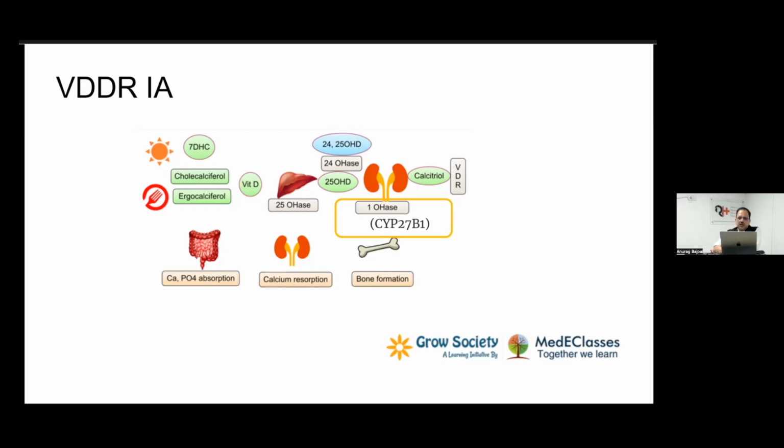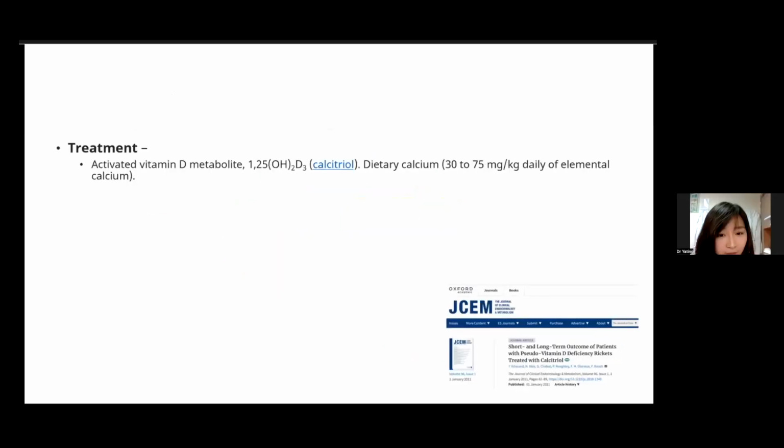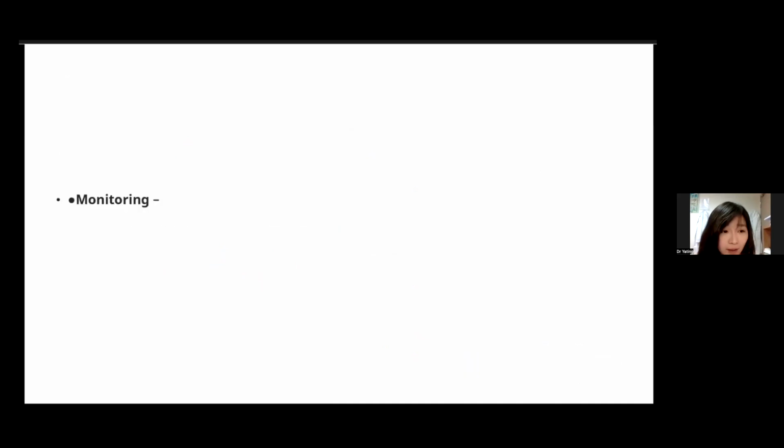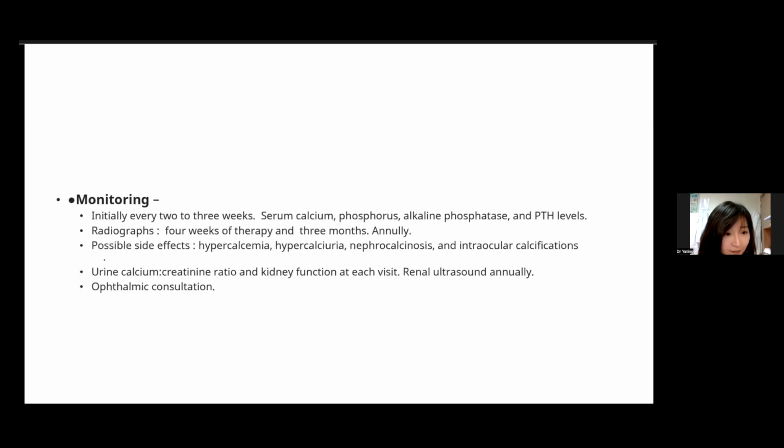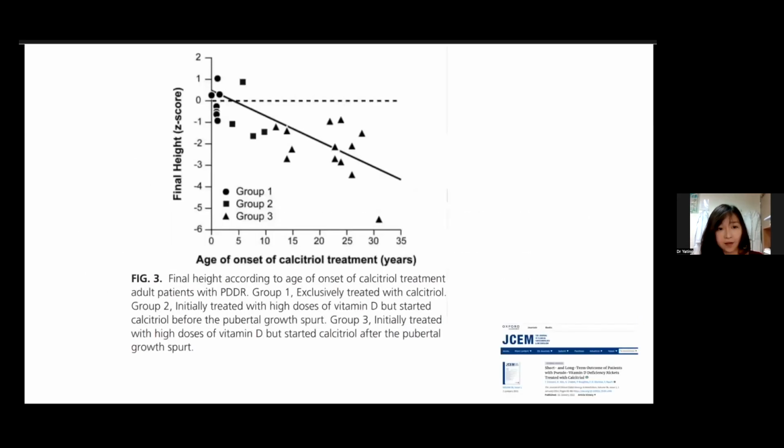Any other issues you would like to raise on this case, Dr. Yeting? I have some questions about the prognosis of this case. So I searched and found a proper study from a 2011 paper from Canada. This study reports 25 VDDR patients. And the first conclusion is that it is possible to achieve a normal adult height